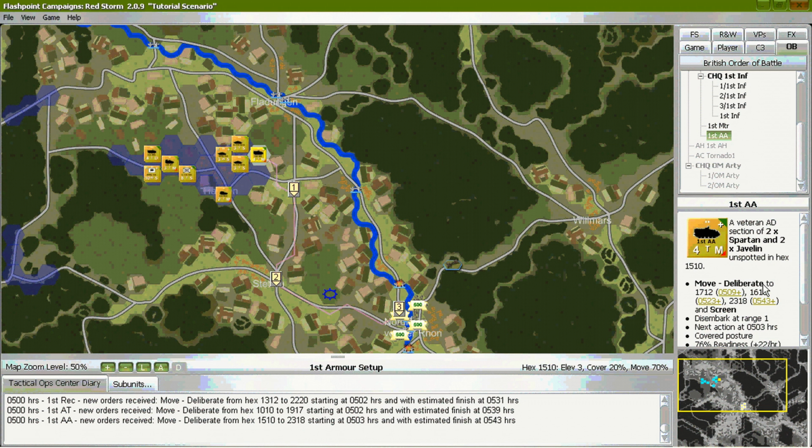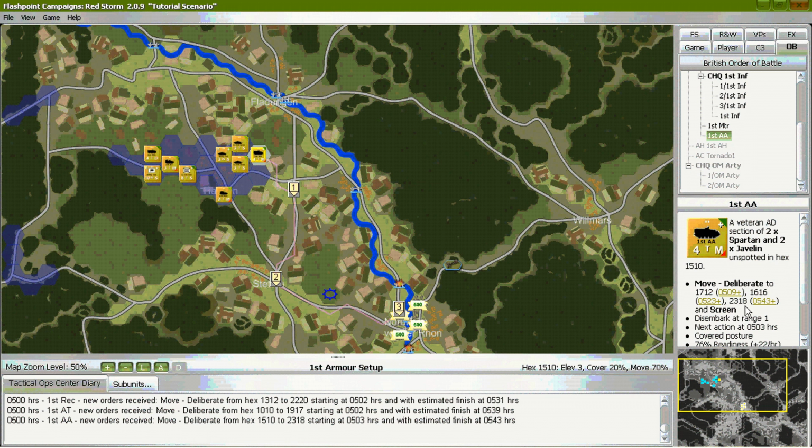In the unit display panel, you can see the waypoints and arrival times along with the screen order at the end. The UDP panel is helpful in seeing many parameters of a selected unit.